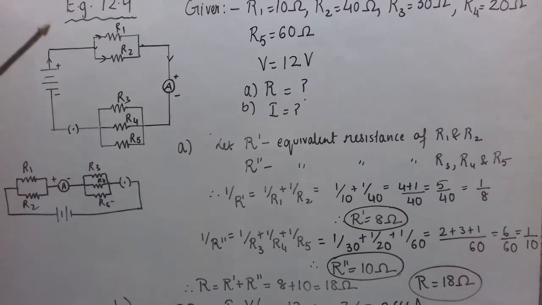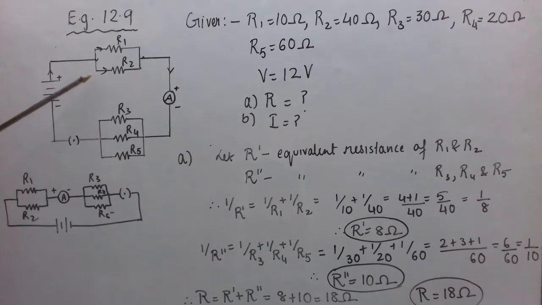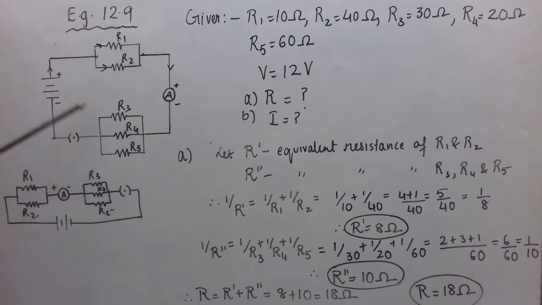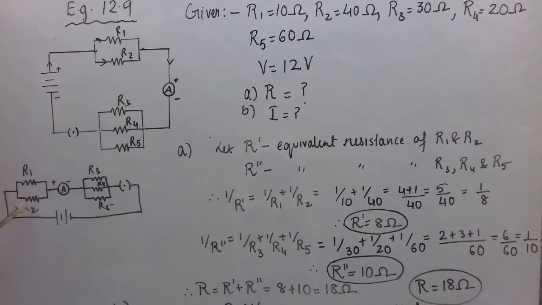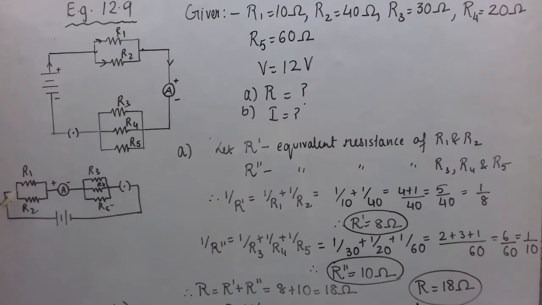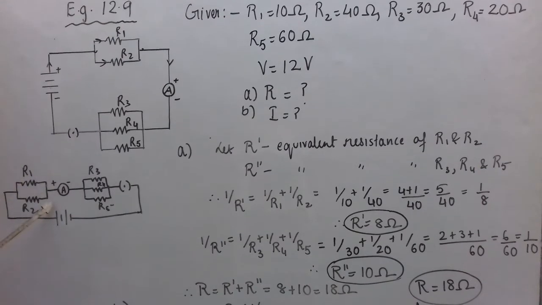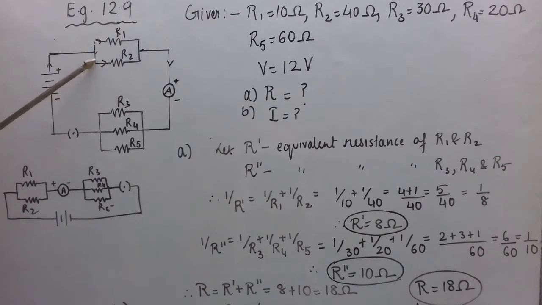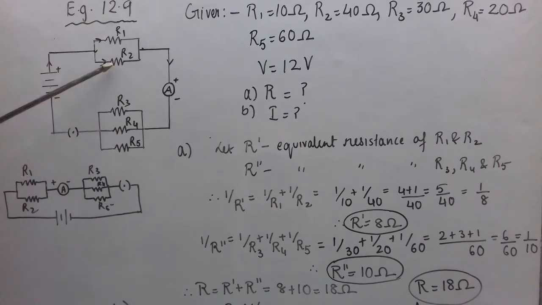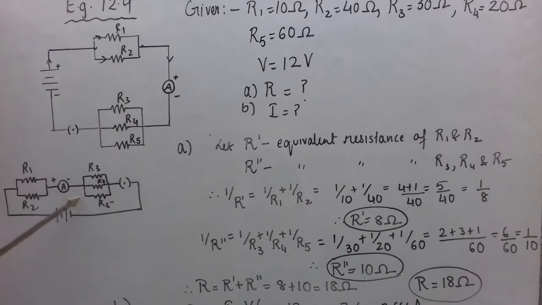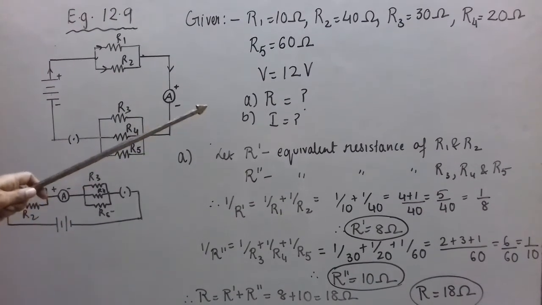So dear students, when you look at any circuit diagram, don't conclude very quickly what type of combination is shown in the figure. You have to first analyze the circuit and think over it, whether they are connected in series or parallel, or what is the proper combination there. So in this case, these two are connected in parallel, these three are connected in parallel, but the two combinations are connected in series. Now it will be much easier for you to answer these questions.